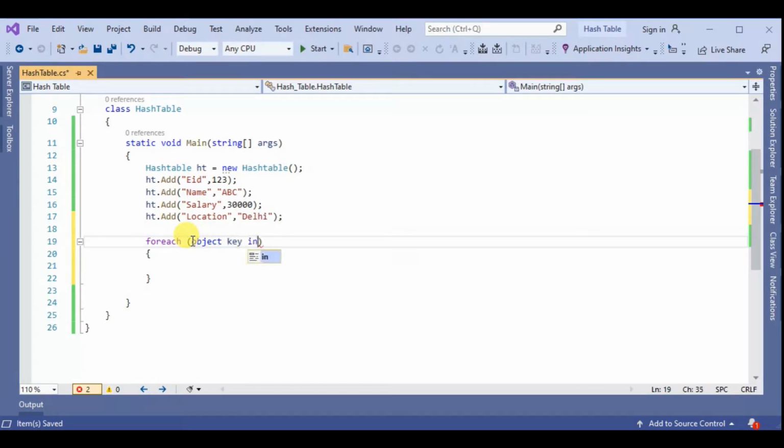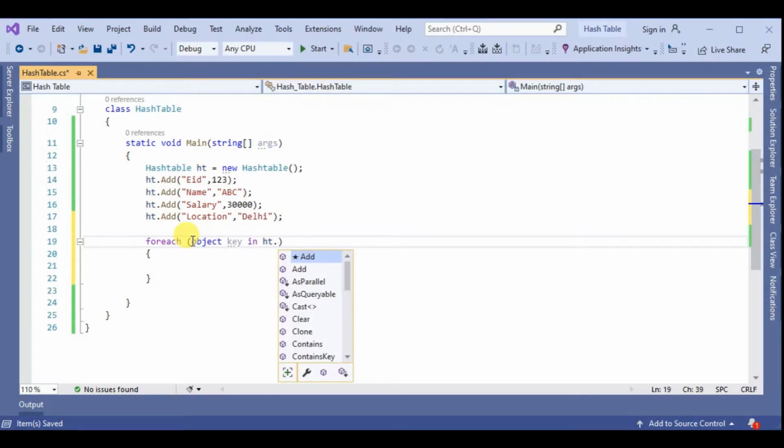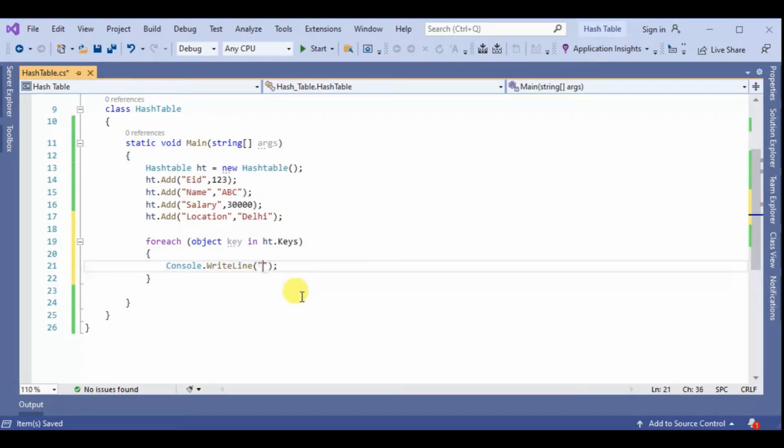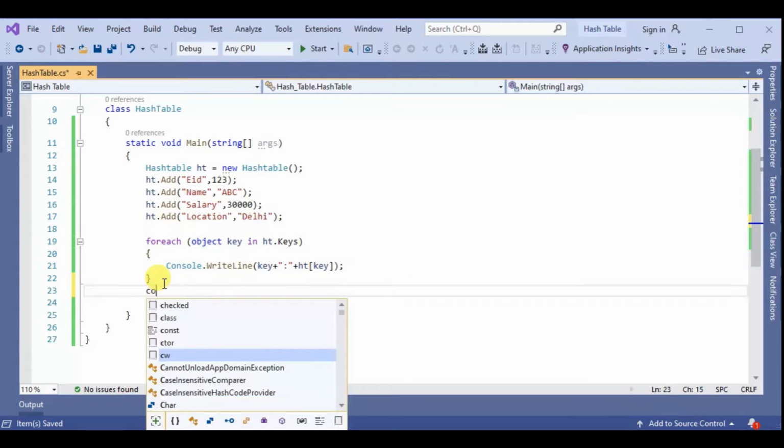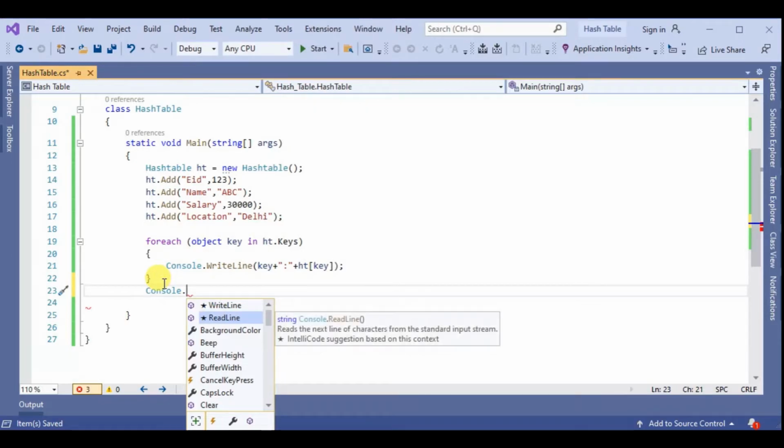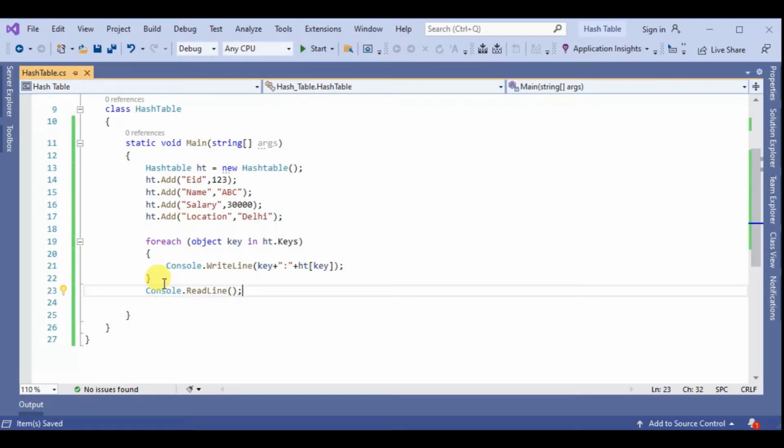Object key in ht.Keys. ht.Keys means all the keys inside here, and cw tab, and here key, and ht[key], and Console.ReadLine, save, and F5.